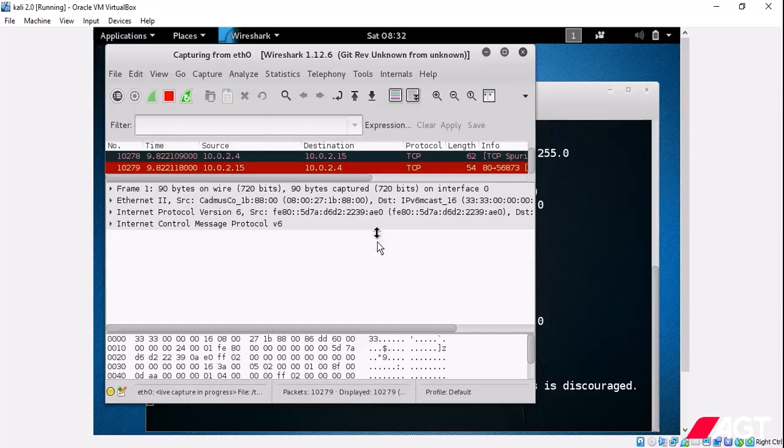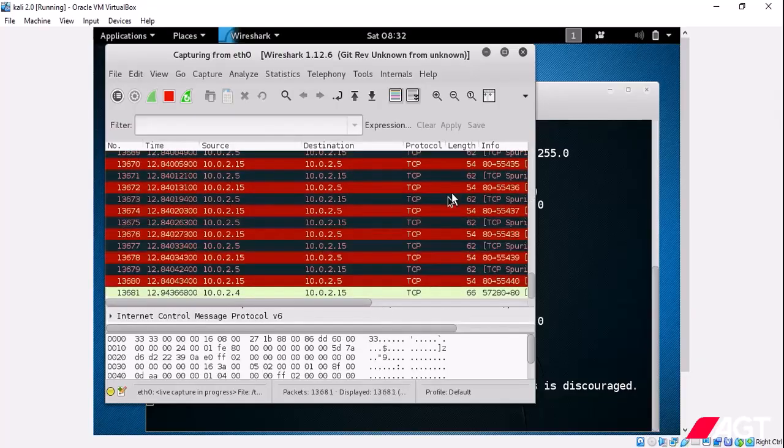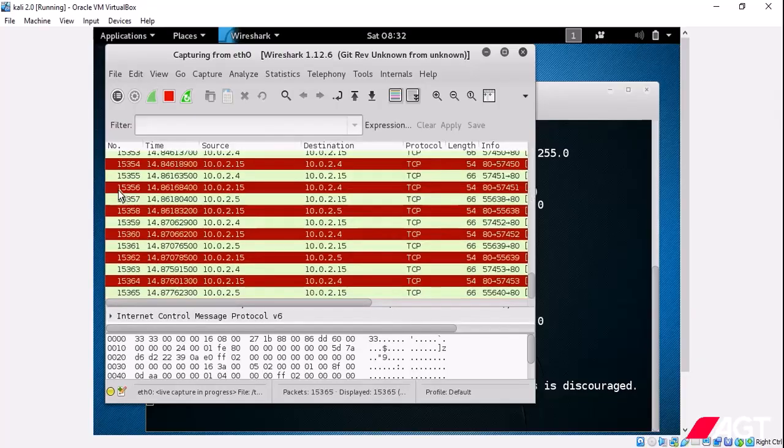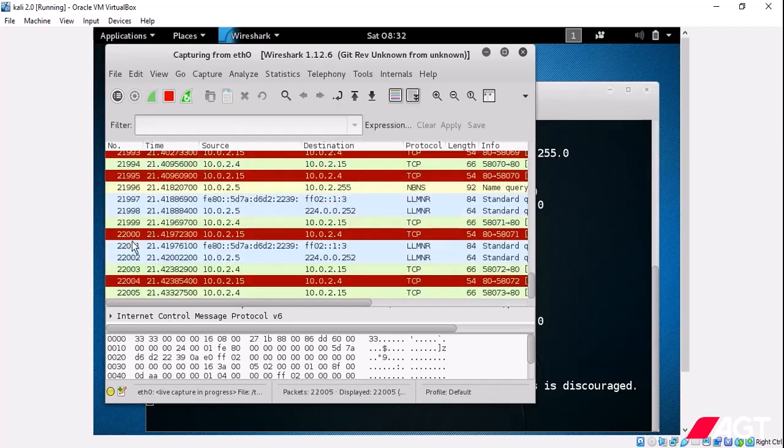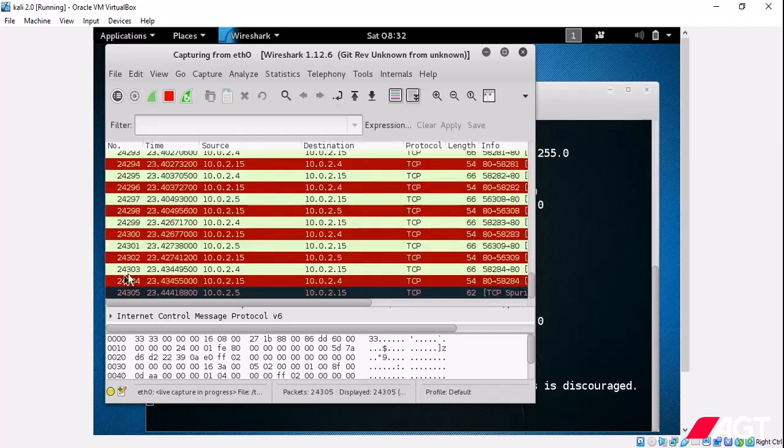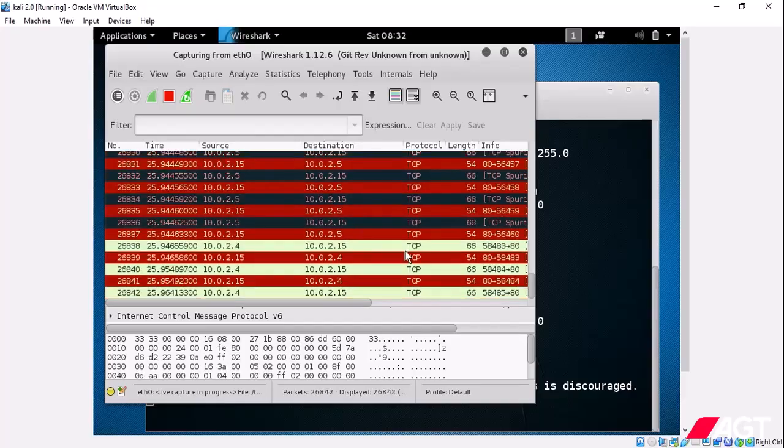Let me increase this so you can see clearly. See, these are the number of total traffic. See, it's increasing very fast. It says 23,000, 24,000, which is a lot of traffic,